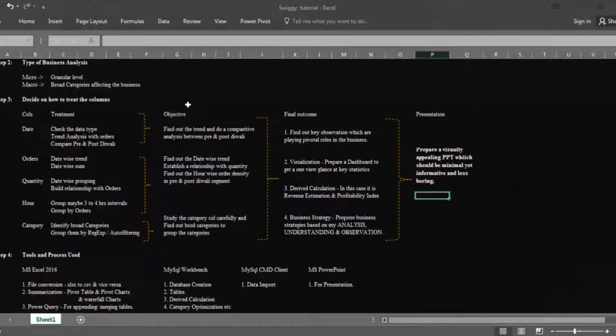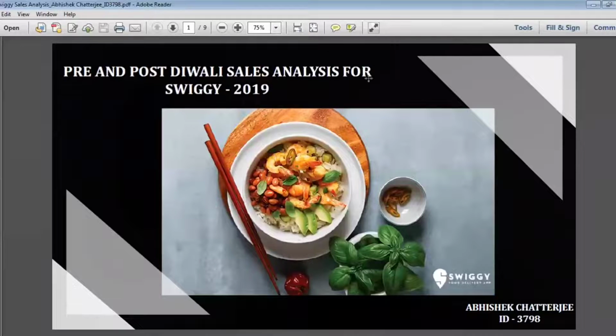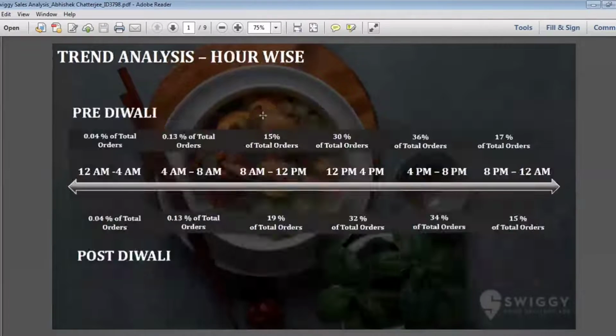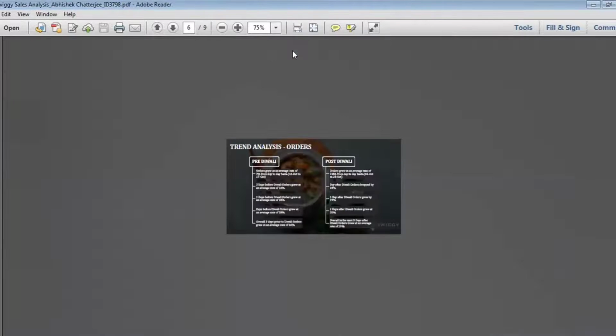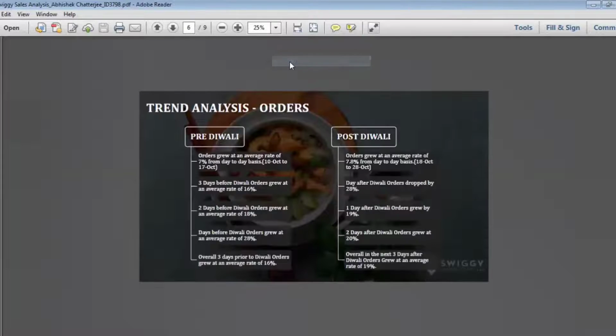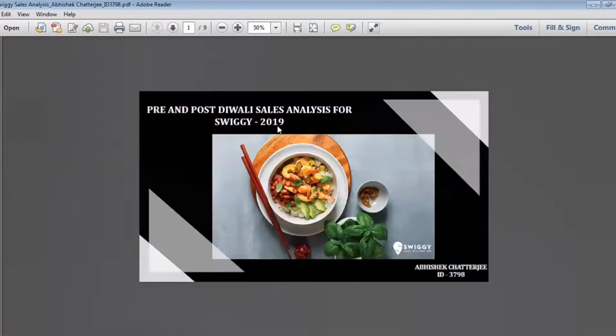So now I think that's too much of theory. Let's go back to my presentation and I think it will be easier for you to understand. Okay, so here is my presentation. Maybe you can get a glimpse of that. So when I generally design my presentation, I keep a couple of things in mind. First, it has to be